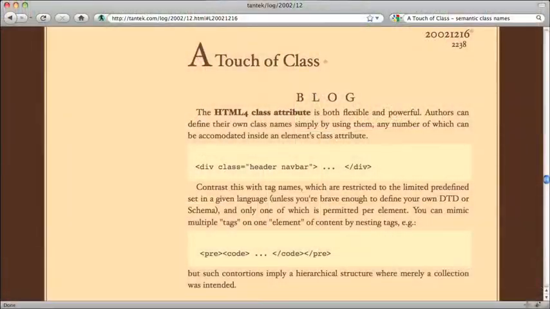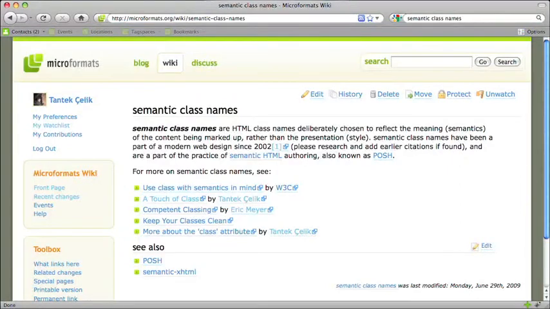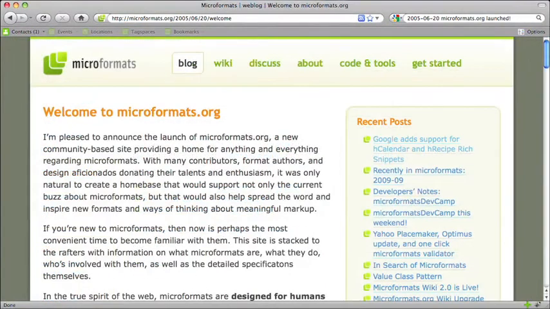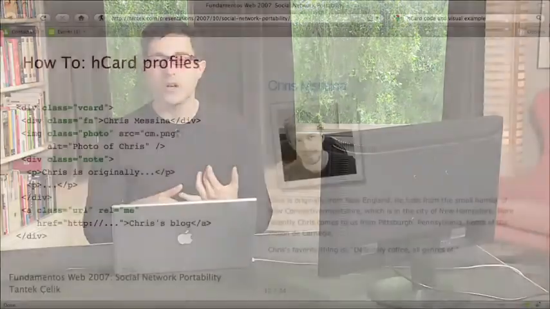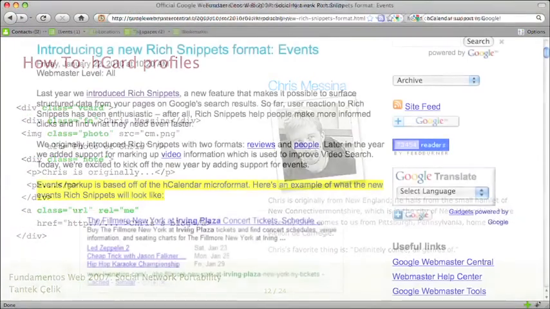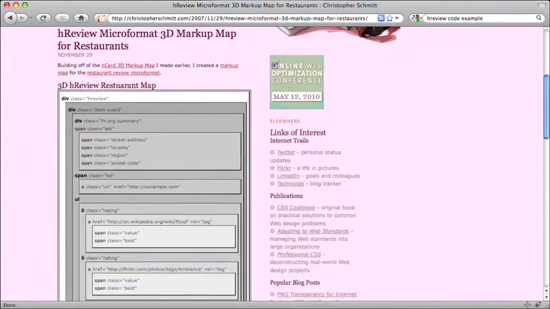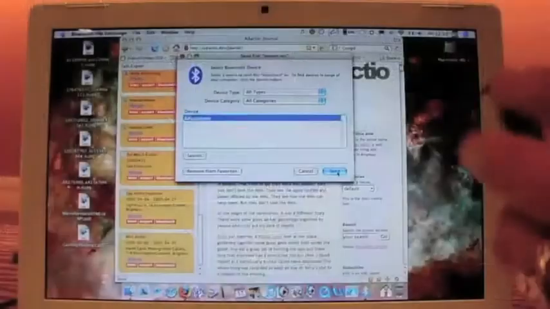Starting in the 2000s, when web designers as a whole shifted their use of class names from being presentational to being semantic, all the way through 2005 with the launch of microformats.org, which actually took a lot of that existing widespread practice of semantic class names and codified it into conventions that allow us to now exchange contact information, event information, reviews, and all other pieces of little micro content across the web between our desktop and our browsers and mobile